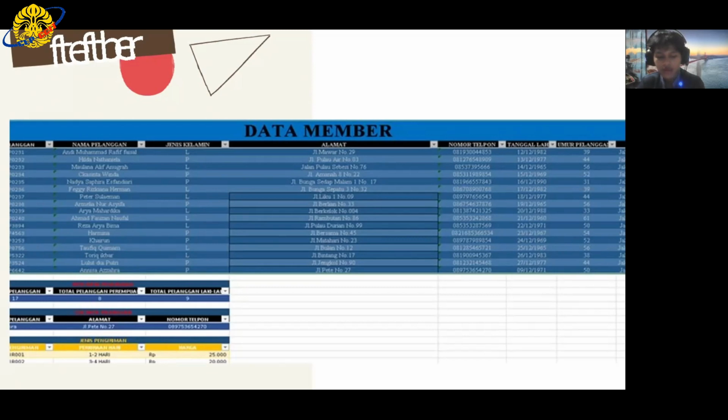And then in the cek data table, a validation list is used to avoid errors in the column nama pelanggan. The last one, in the columns alamat and nomor telepon, the author uses the VLOOKUP formula to make it easier for the author to check the customer address and telephone number.